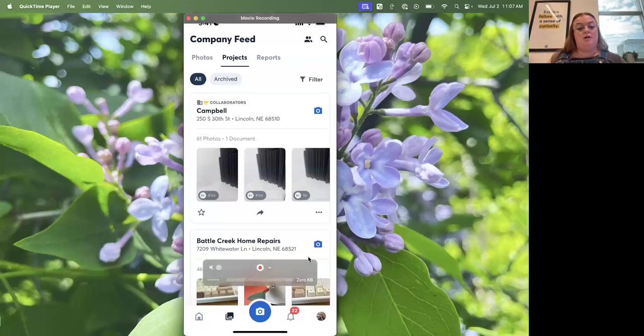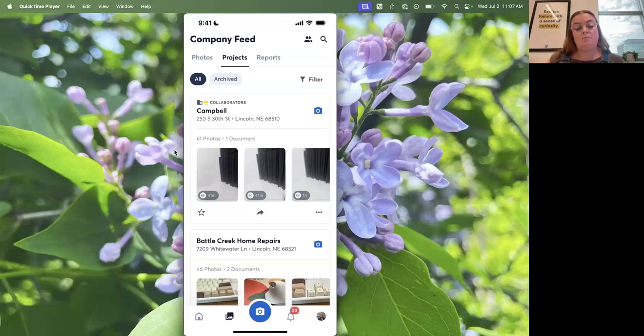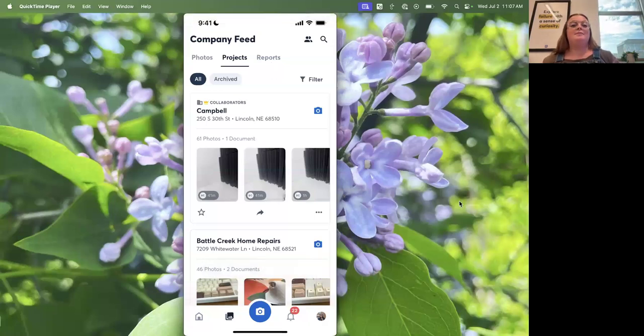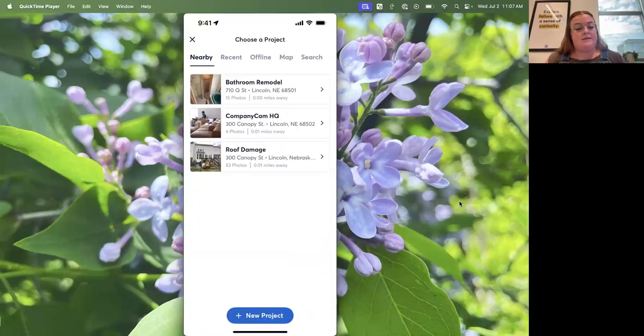So you can see my colleague Bree was taking photos in this project 40 minutes ago. So this project was bumped up to the top of the list here. You can also filter by reports in your company account here. Back to the bottom, we've got that camera button here. With CompanyCam organization, our basic form of organization is the project. So if you are starting to take photos, it will always prompt you to either open an existing project or